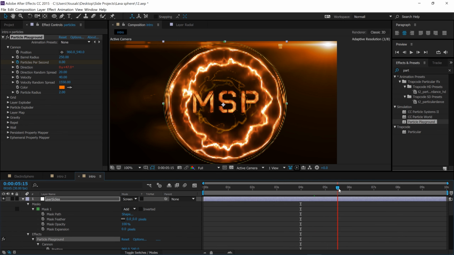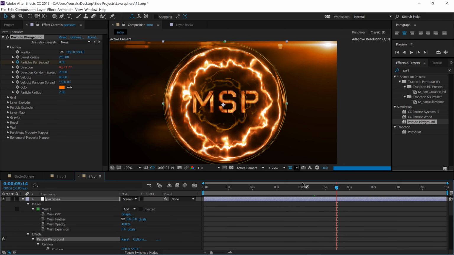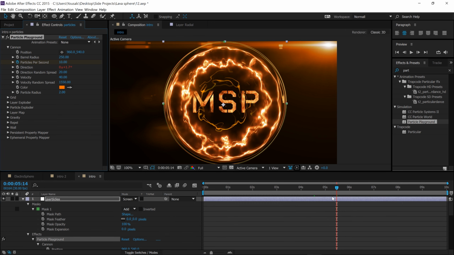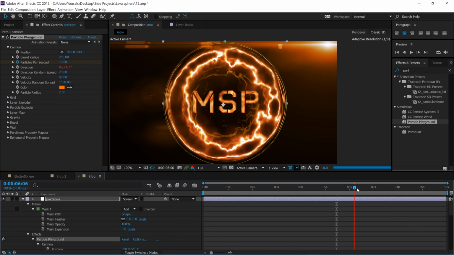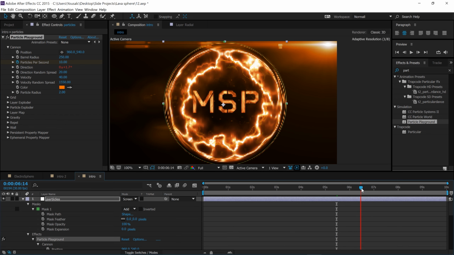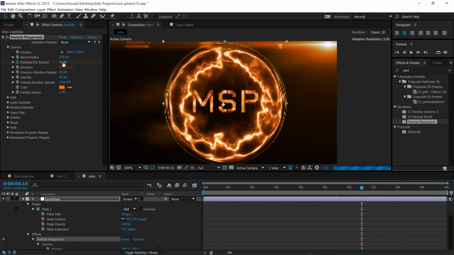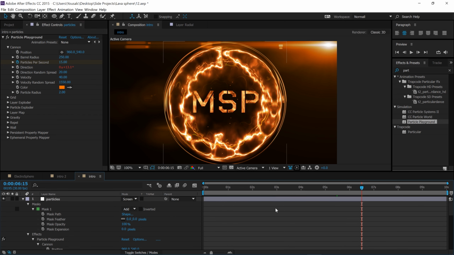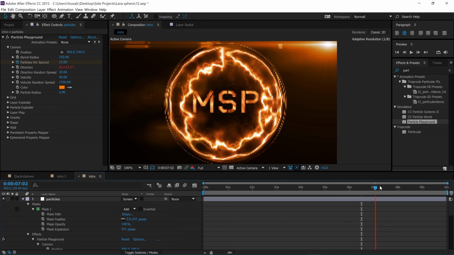Somewhere about 5.5 maybe, something like that. We're going to put that on 10. Move a couple more, 6.5 maybe. Put that on 15. Now I know that's not a lot, but I don't want a lot of particles in